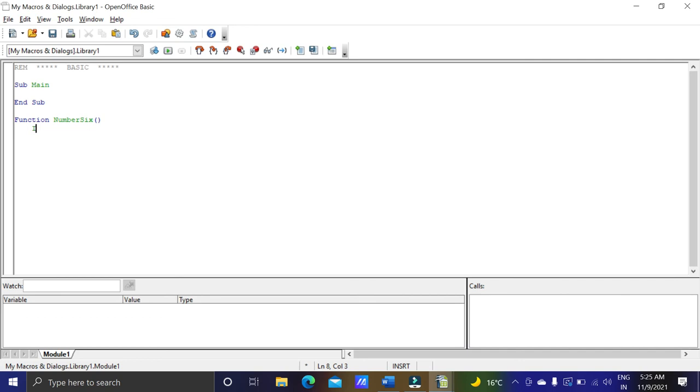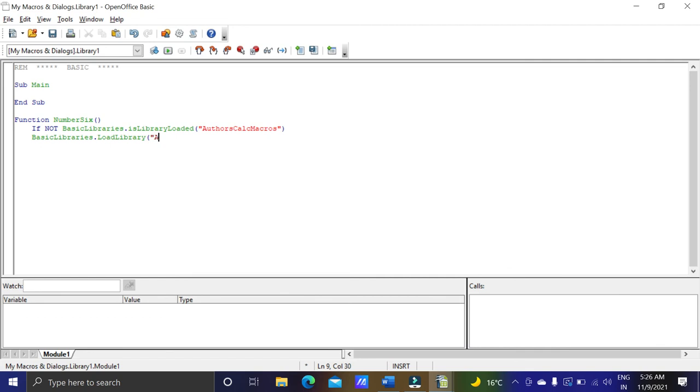Okay, then I will write if not basic libraries, means if it is not saved in basic libraries, if it is not getting loaded, is library loaded, name of the file, that is authors calc macros, basic libraries dot load library.